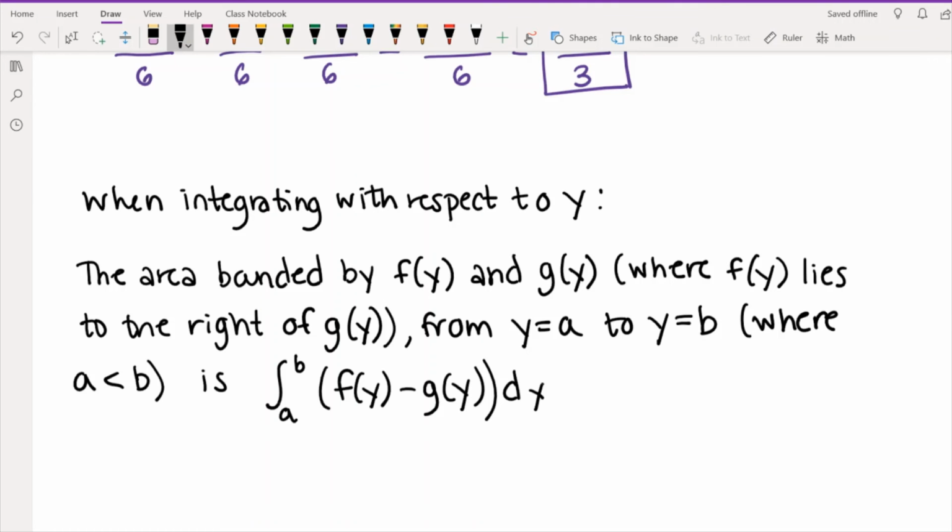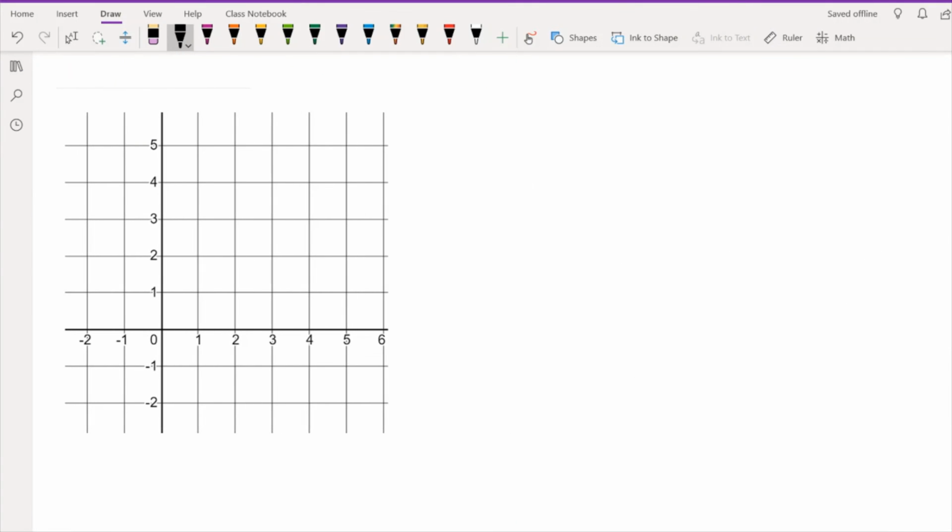So I want to do one more example in this video. And this is going to be an example where you actually could do it either with respect to x or with respect to y. And I just want to, without actually going through and evaluating the whole integral, set up the integrals for both, just so that you can practice. I think one of the most important skills for when we get to volumes is being able to take something that's written as a function of x and to rewrite it as a function of y. So here we're going to set up two different integrals